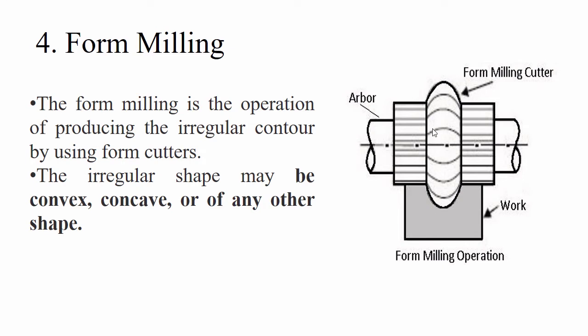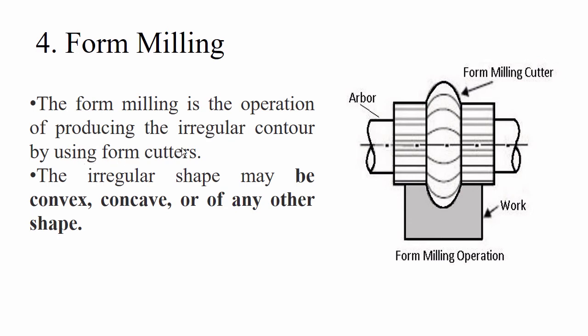And here if you see the edge, the cutting edge of the teeth, they are not going to be straight. They are bent convex, in the shape of a convex shape with respect to the axis of the tool. Here you can see this is convex, this is also bent, and this is also bent. That is why form milling is the operation